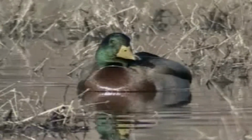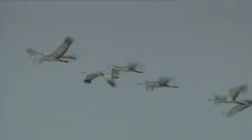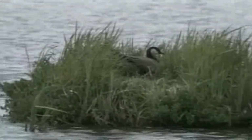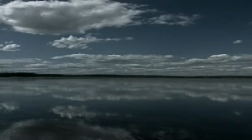Encircling the entire area are the highlands and mountains. The Porcupine Plateau, an area of low ridges and gentle slopes and rounded to flat summits, lies along the northern and eastern boundary of the refuge. Elevations reach to 2,500 feet. The Chandalar, Sheenjek, and Coleen rivers drain the northern portion of the plateau. The Black and Little Black rivers, which originate in the Ogilvie Mountains southwest of the refuge, drain the area south